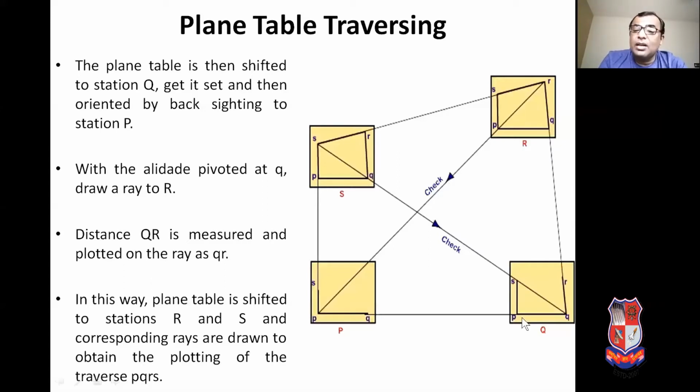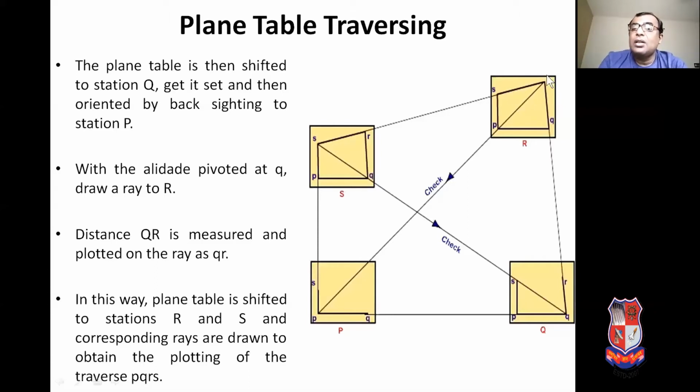After doing this, the table is shifted to station R, and again we have to perform the operations of centering, leveling, focusing and orientation. Keeping the LED at station R, we have to bisect the ranging rod at station S and draw a line along the fiducial edge of the LED. Then we have to measure the distance RS on the ground, and that is plotted on the drawing sheet as small rs.